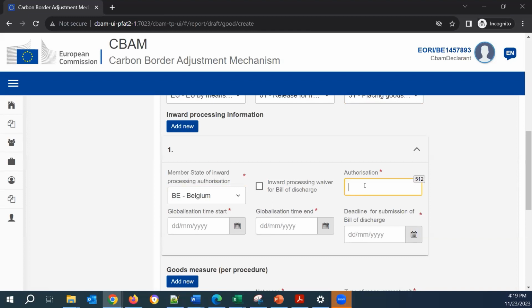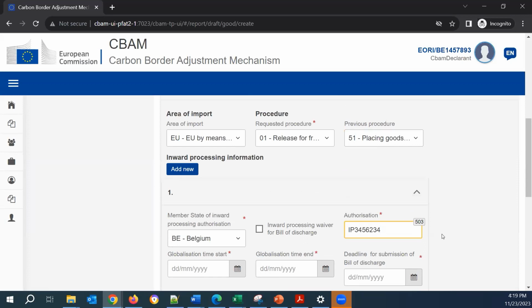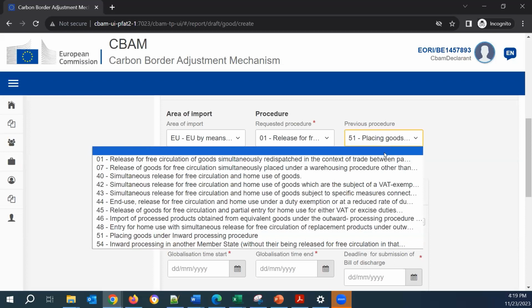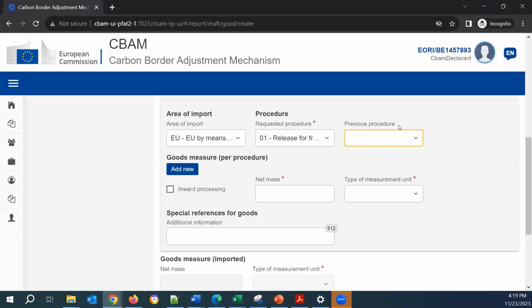The authorization time start and the authorization time end. The deadline for submission of the bill of discharge, which is very important. And as you can see, all these fields were entered in our form because my previous procedure is inward processing. If I remove this entry, the inward processing, the fields disappear.